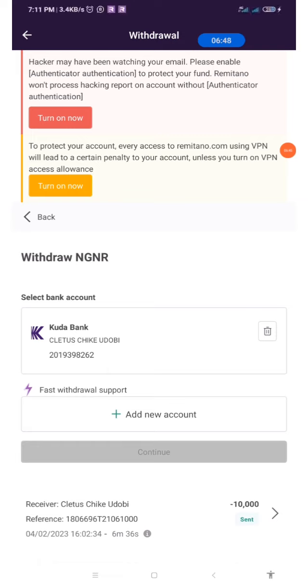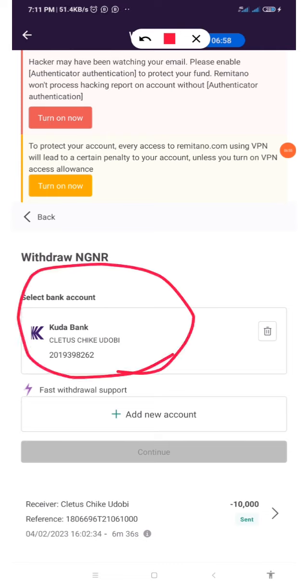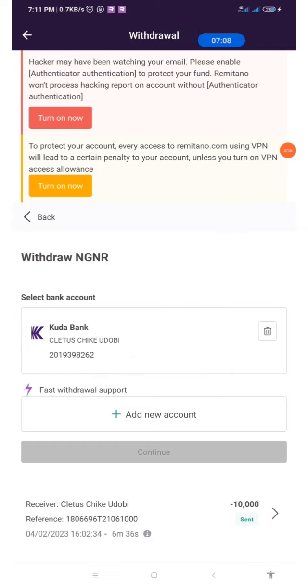In my own case here, this is my bank account, which I have added before. But in your own case, if you've not added your bank account before, you click on this option, add new account. Now, guys, I advise, because of the current regulation in cryptocurrency in our country, Nigeria, today,